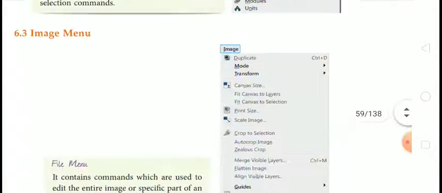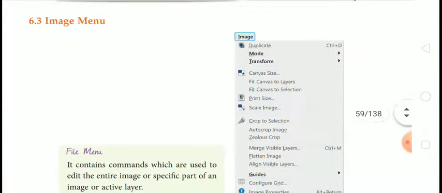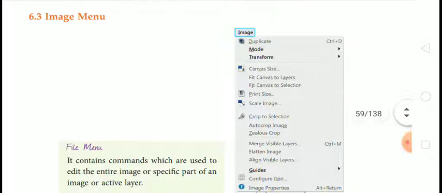Next one is image menu. What is the use of image menu? It contains commands which are used to edit the entire image or a specific part of an image or the active layer.